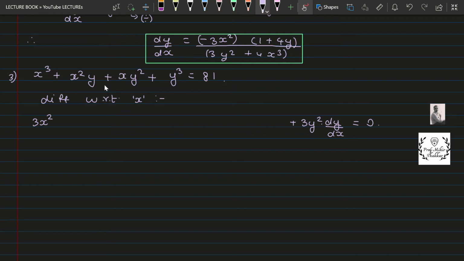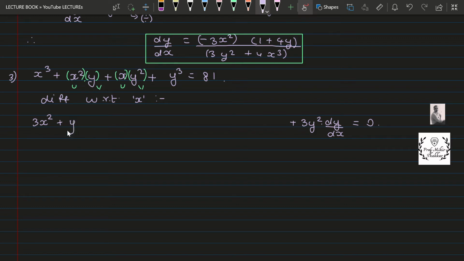Now what about the two middle terms over here? In the two middle terms, I can see x square into y, they both are multiplied, so I will apply multiplication rule. Once again, x and y square are also multiplied, so again we will apply the multiplication rule in these two terms. So for the first two terms, if I apply multiplication rule, that becomes